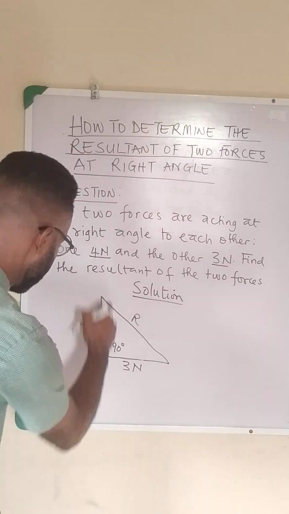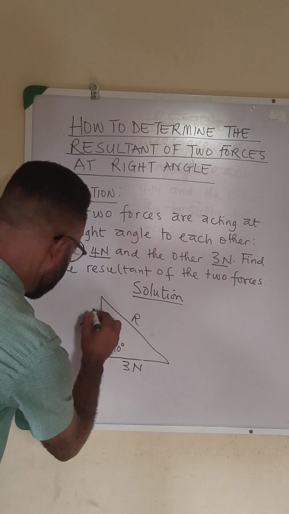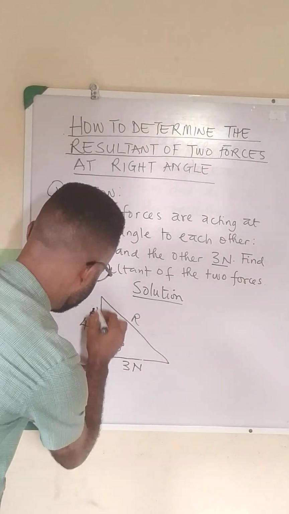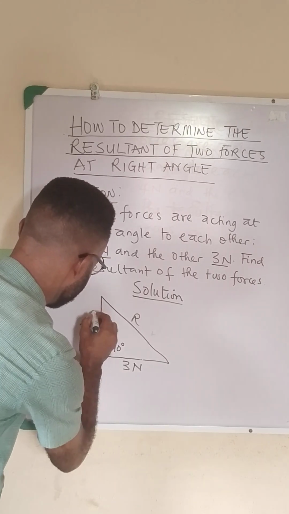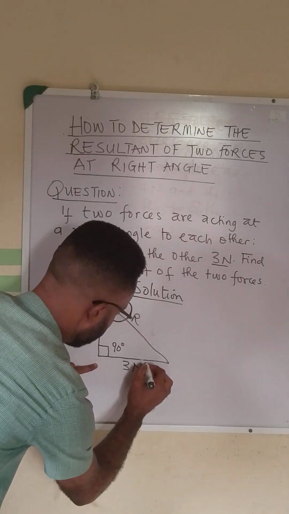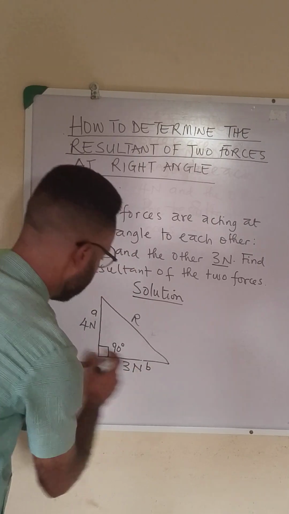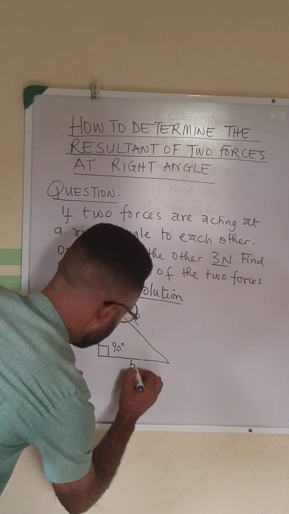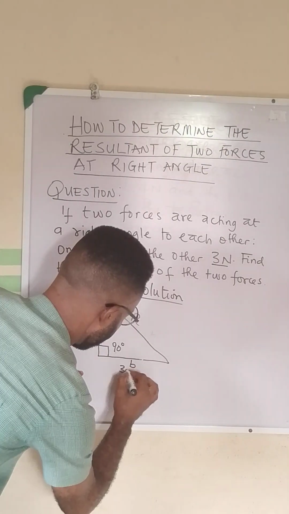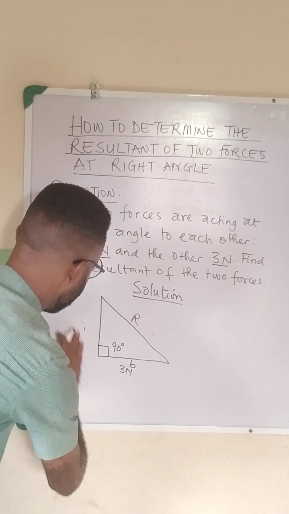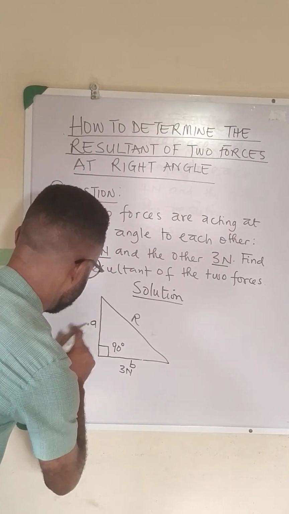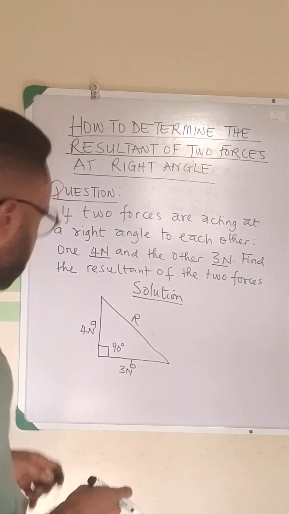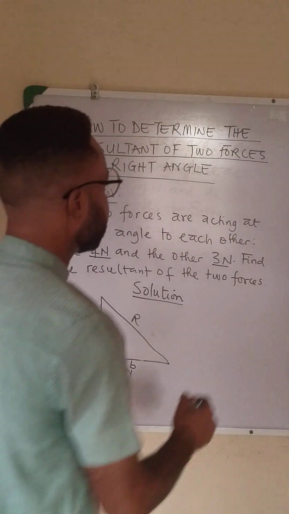So let's call from here to here A, and from here to here, let's say small letter a and then small letter b. So let me do it this way. You can say this is b and it's 3 Newton, and this is a and it is 4 Newton. Okay, so from Pythagoras theorem,